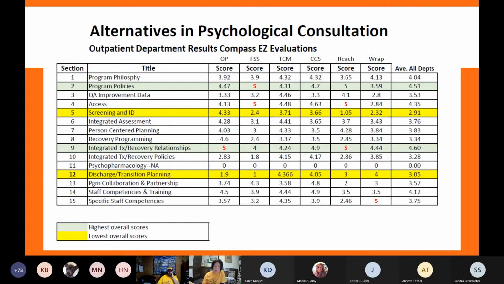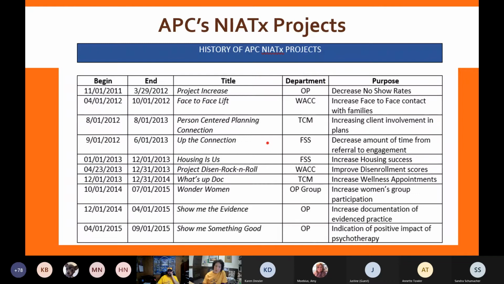We changed our decor. We got some nice pictures. We changed the signage on our bathroom to be more inclusive. So we made a lot of changes, and then we also, during 2011 and 2012, started engaging in even more